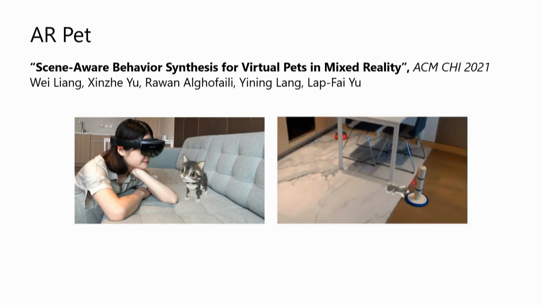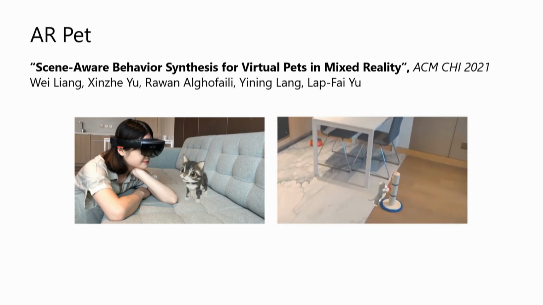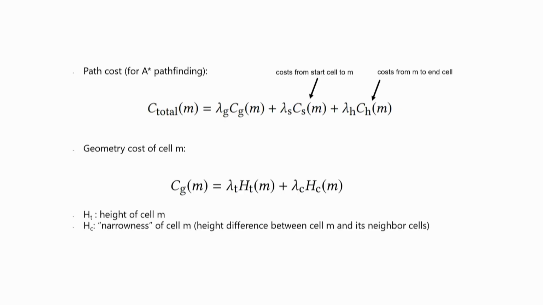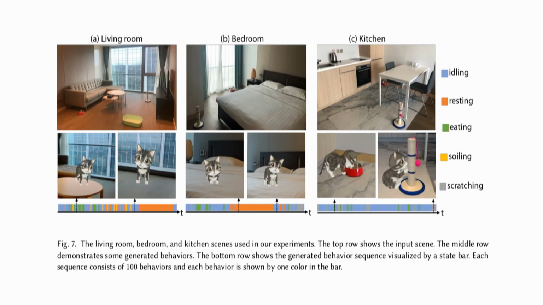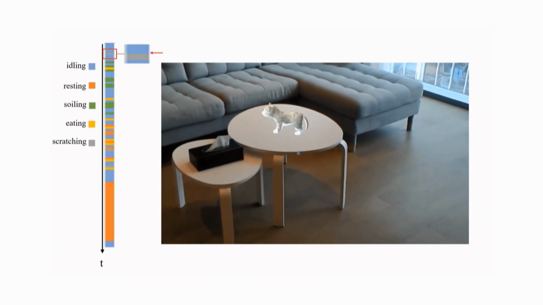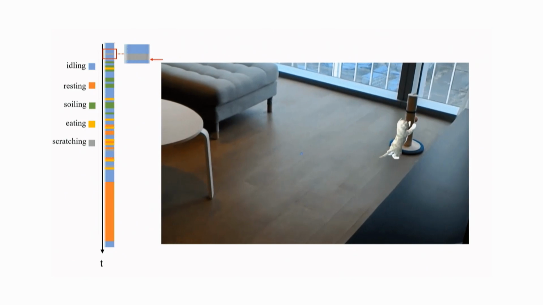And of course, the virtual reality, augmented reality experience is not limited to virtual characters. You can also have virtual pets realized this way. I'm going to be brief because of the time, but basically, we learned the behaviors of how a cat interacts with the environment, from some data captured from the real world. And then we formulate this, again, as an optimization problem, such that the optimizer keeps telling the cat what to do in an environment like this, right? Because the cat is driven by data learned from a real cat, to a certain extent, it behaves like the real cat.